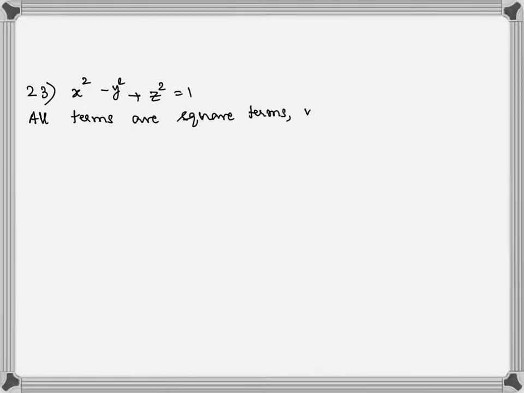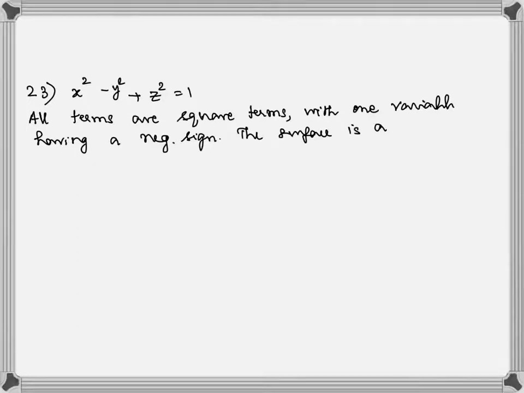Now let's try the next one, which is number 23. x squared minus y squared plus z squared equals 1. So we have a negative coefficient for y squared. All the terms are square terms, with one variable having a negative sign in front. So the surface is going to be a hyperboloid of one sheet,